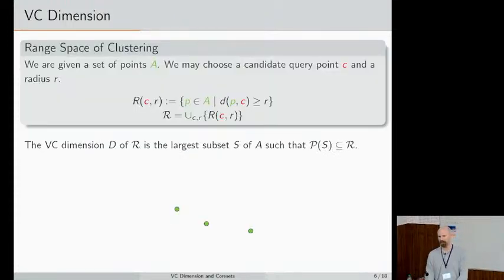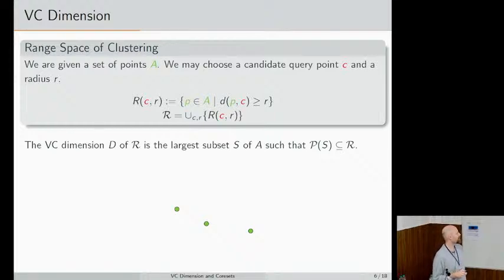We're now going to define a complexity notion on the metric. I'm sure at least most of you will have heard of it at some point. It's called the VC dimension. And the VC dimension is a combinatorial notion, right? So the connection to clustering is not immediately given. VC dimension is defined over range spaces. So I'm going to say what is the range space that is relevant to us in this particular case?